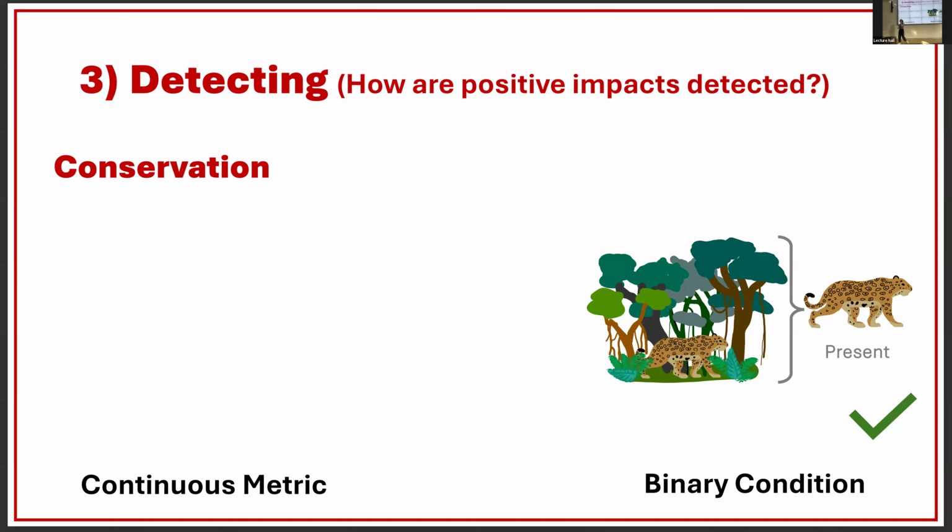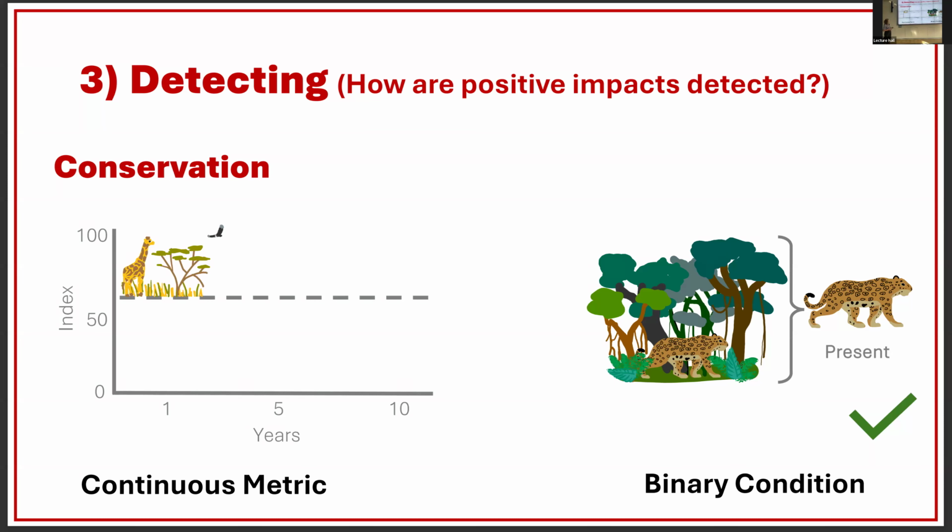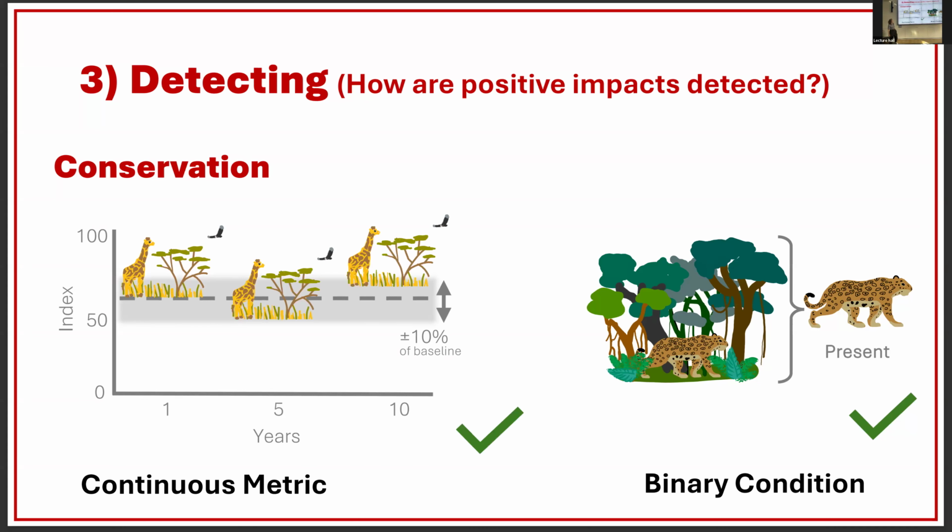For a continuous metric, it's a similar concept. Just this idea that maybe we have our biodiversity index metric at a certain value, and then we set up a little buffer to allow for some variation and say, provided that through time, our value stays within that buffer, we're saying conservation has been achieved. And so we can issue credits at the 5-year mark, say, and the 10-year mark to be selling our credits. If our value fell below the 10% buffer, conservation hasn't been achieved, credits can't be sold.